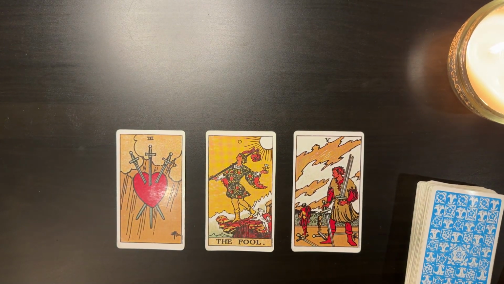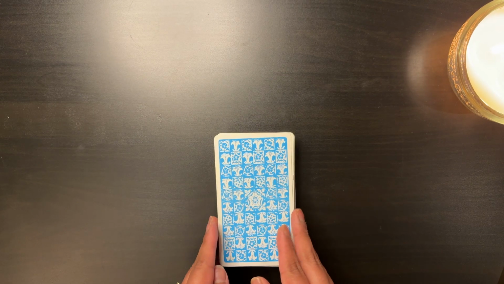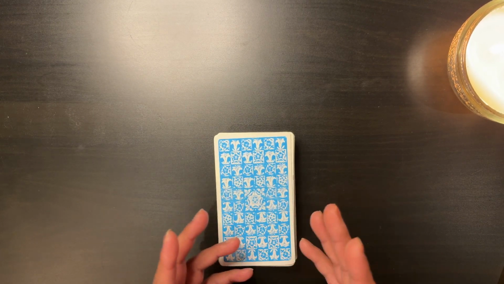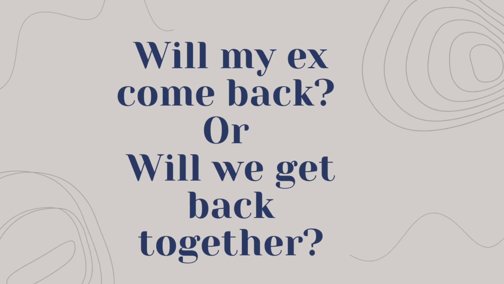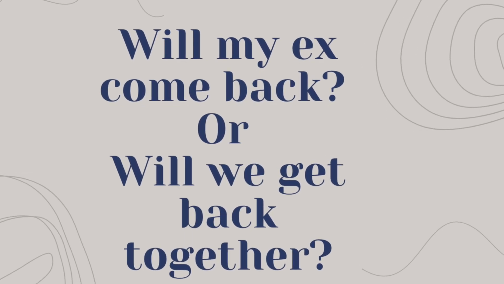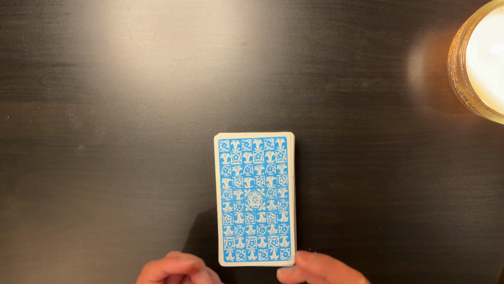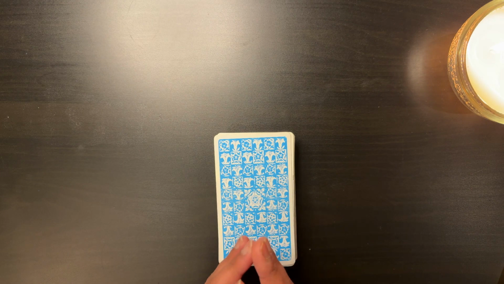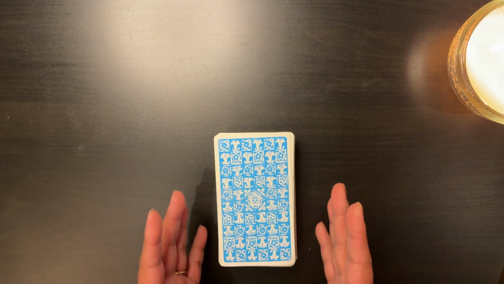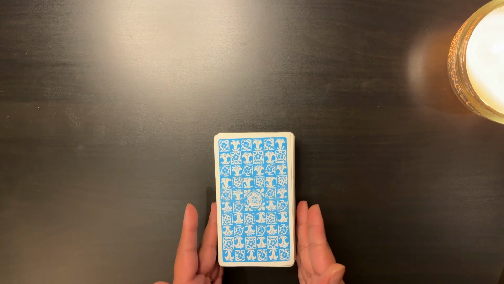Let's look at another example. Right after a breakup, my clients would come to me asking, "Hey, I broke up with so and so. Do you think we'll get back together?" And it's a very popular question, and I'm sure it must have happened to you as well. When something really terrible or very emotional happens, you just cannot think straight and you just rush to a tarot reader. You try to ask them the questions, you try to get somebody else to tell you what's going to happen.